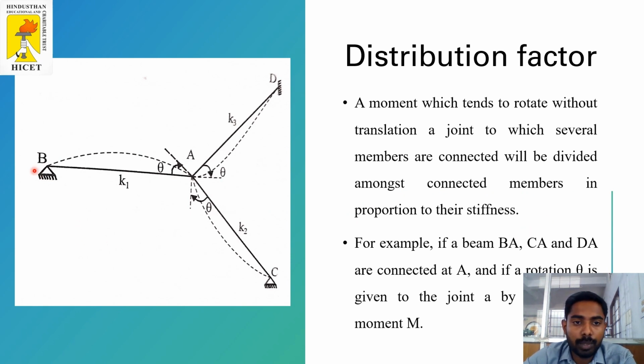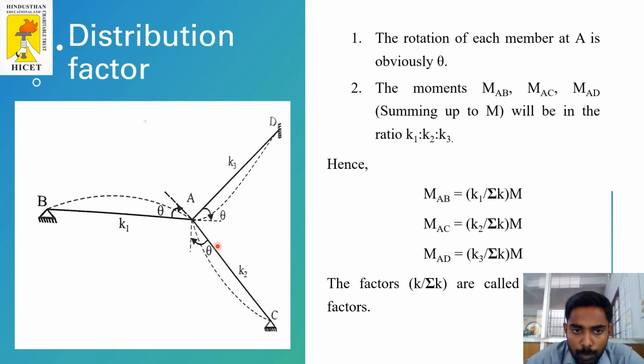For example, if members BA, DA and CA are connected at joint A, and a rotation theta is given to the joint by an external moment M, then each member BA, DA and CA is rotated by the angle theta. By applying the external moment M, the rotation at the joint of each member will obviously be theta. And the moments AB, AC and AD will be in the ratio of